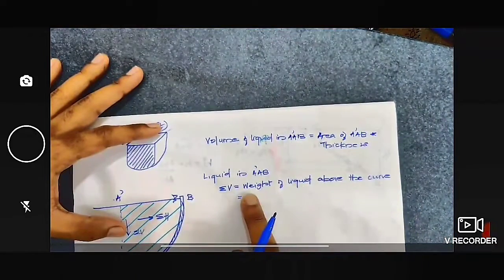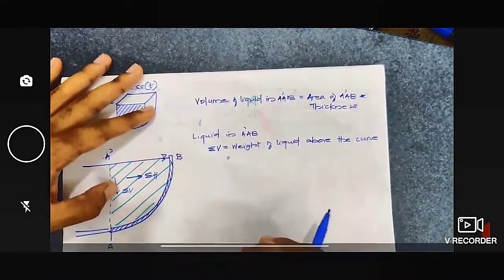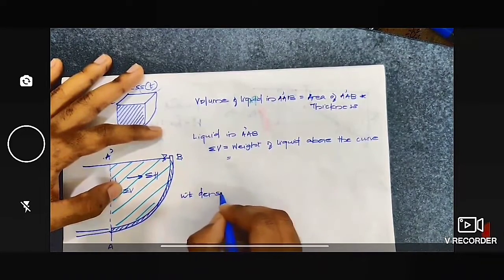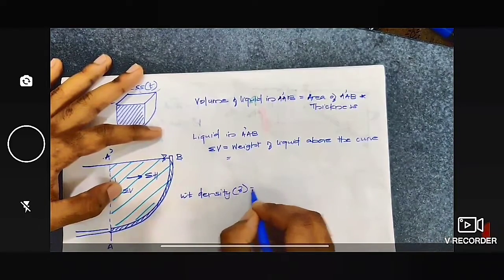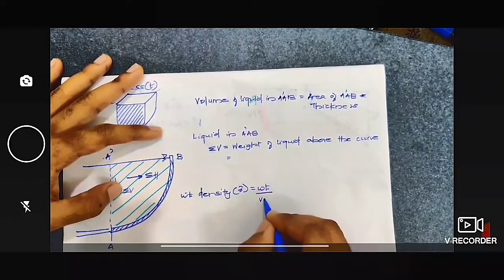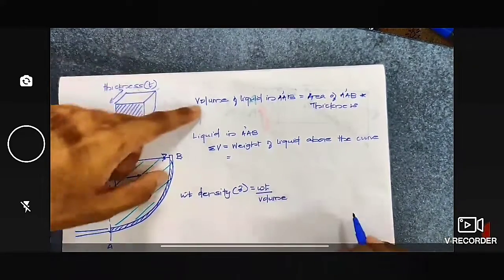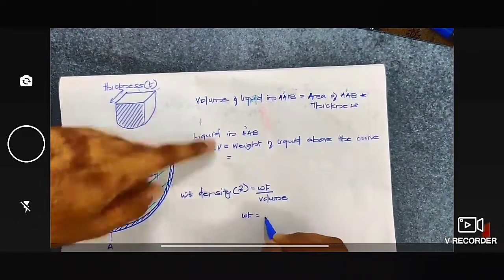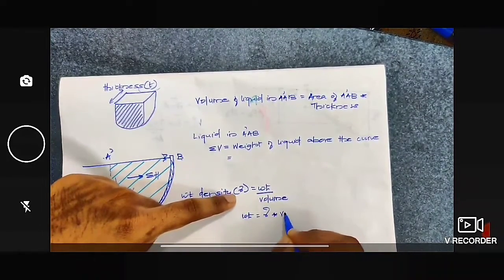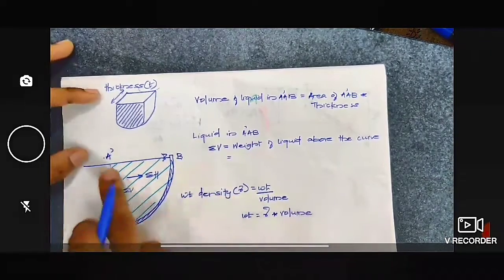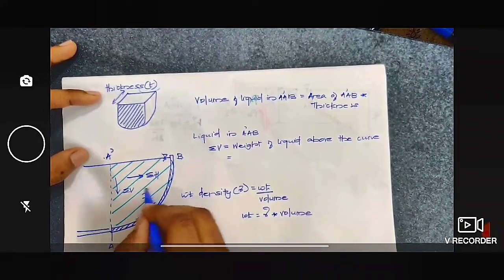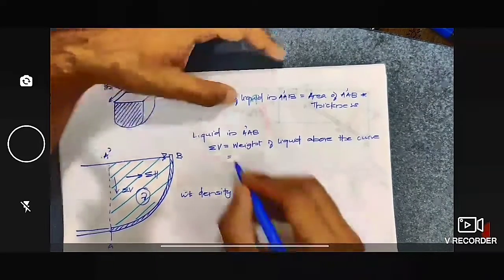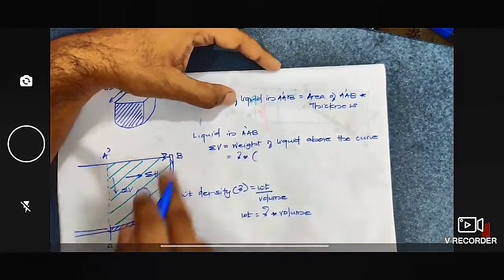Now volume is not equal to weight. How to find the weight from volume? We have already learned something called weight density. So weight density gamma was equal to weight divided by volume. Right, now you know the volume, you need to find the weight. Weight is nothing but your weight density multiplied by volume. So here you have a liquid. Just assume that the liquid is having a weight density of gamma. The volume is this much. So how to find the weight? Weight is equal to gamma multiplied by the area.